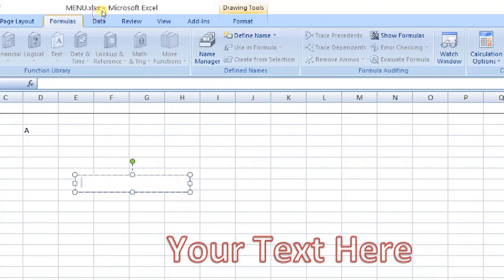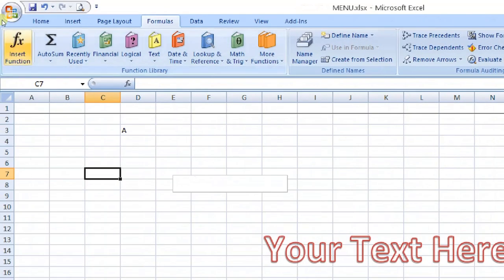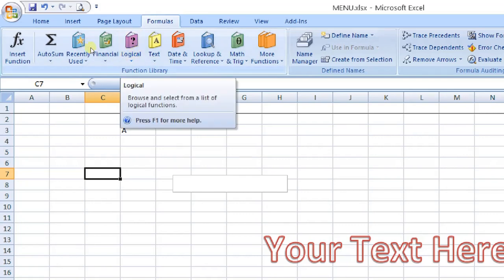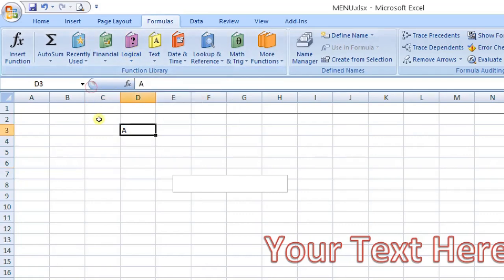The next tab is the formula tab. The most important part of Excel is the formula part, the function library. Excel is known for its formulas and functions. This is the main functionality of Excel, what makes Excel a very popular tool for data analyzing: mathematical, trigonometry, lookup, date and time.